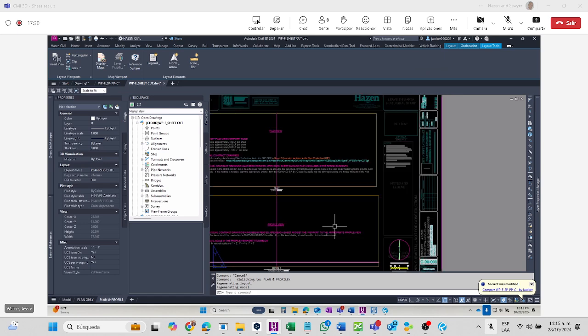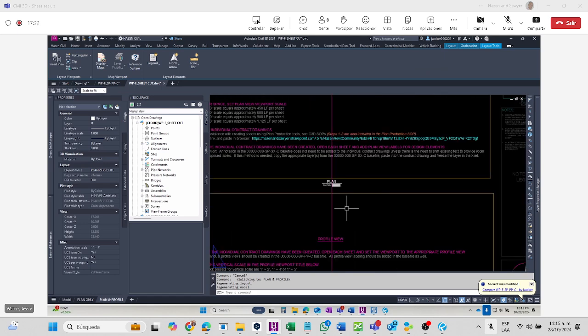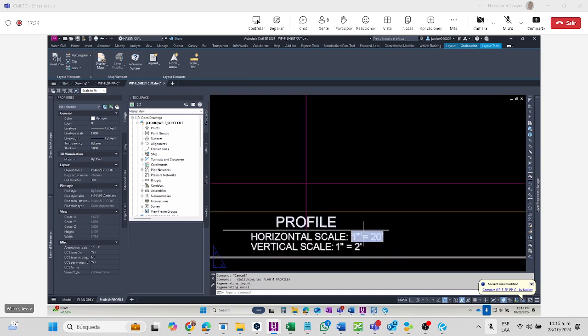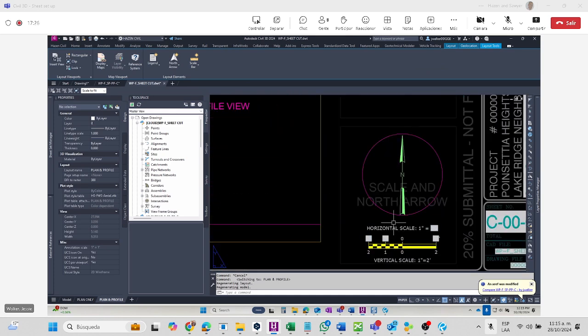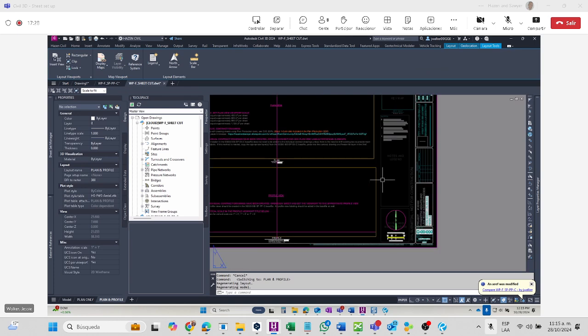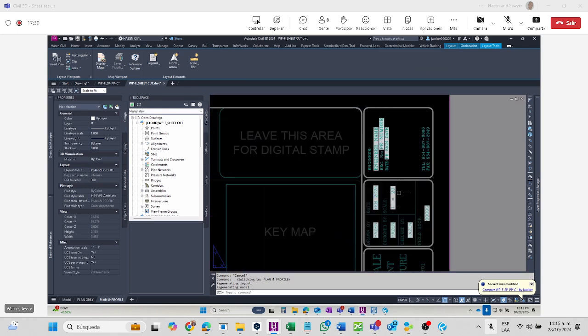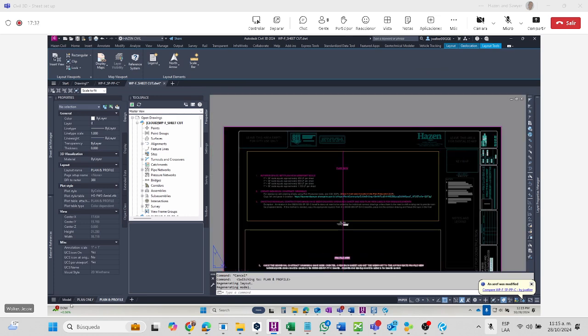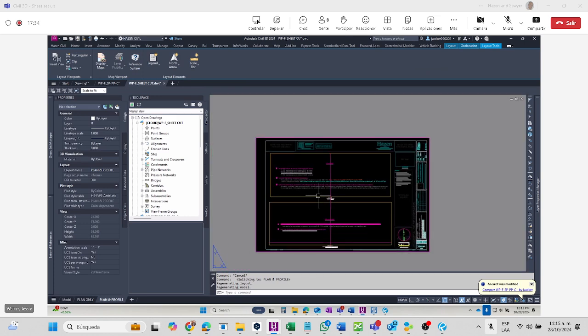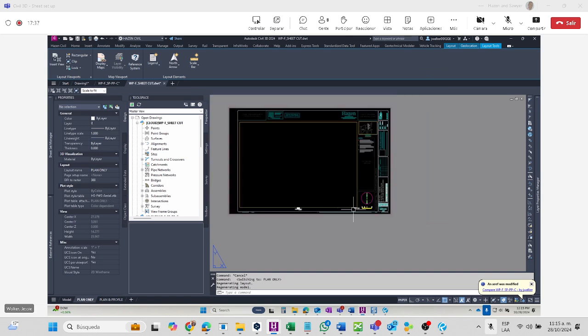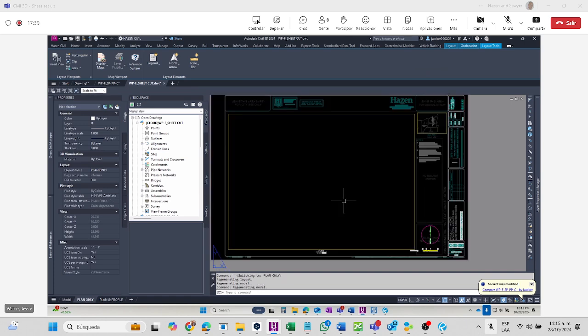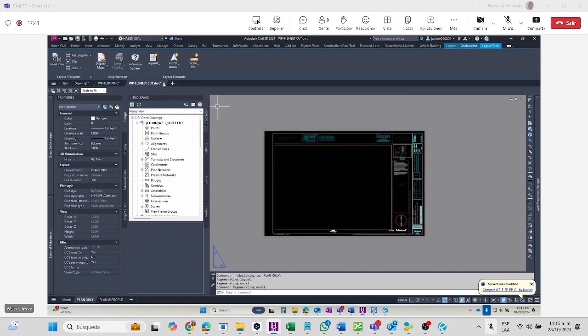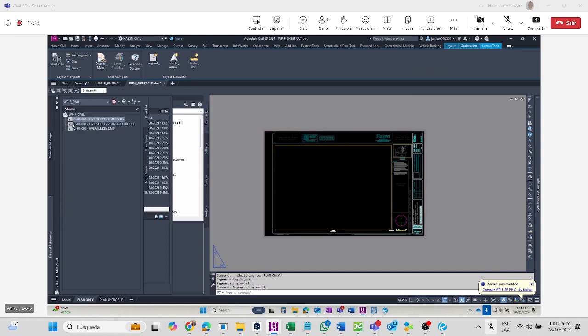The plan and profile sheets are set to 1 inch equals 20 to show more detail. And that's reflected in our scales and in our title block. So basically, these sheets are set up for us to use as a template to create additional sheets. So that's what the template looks like. Currently, we have our